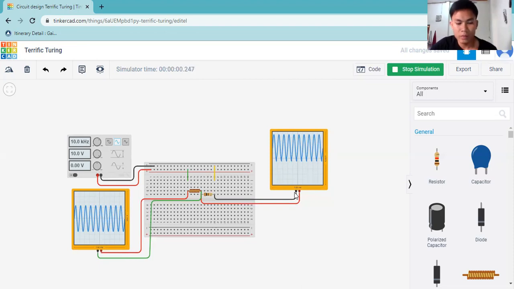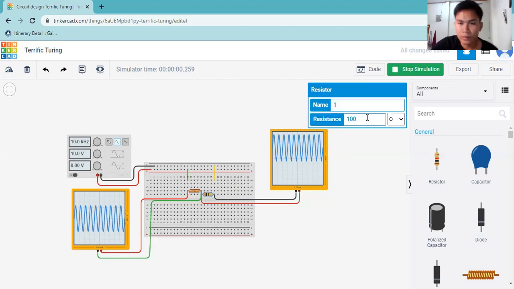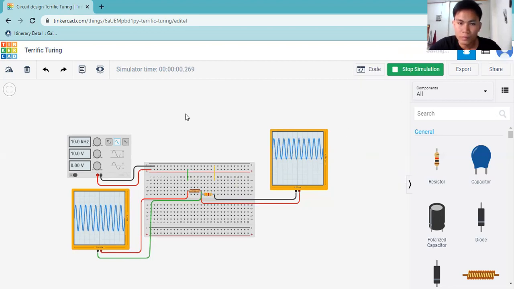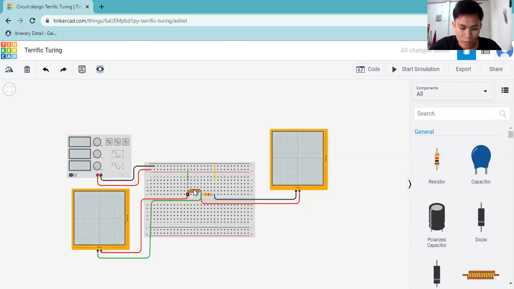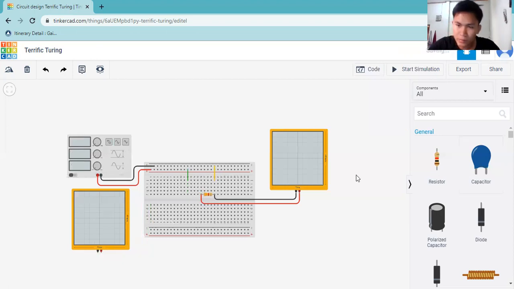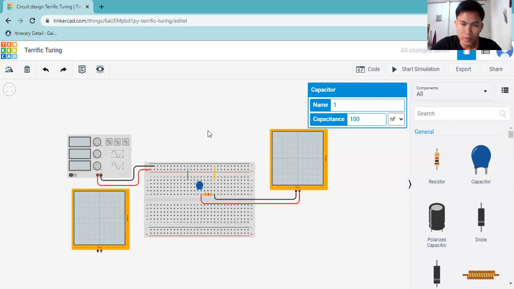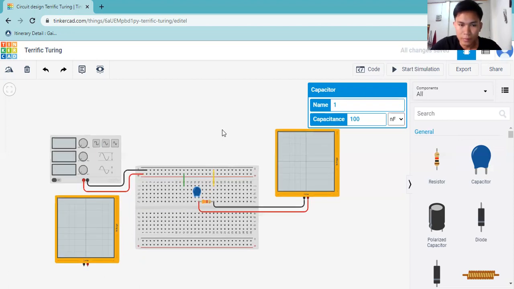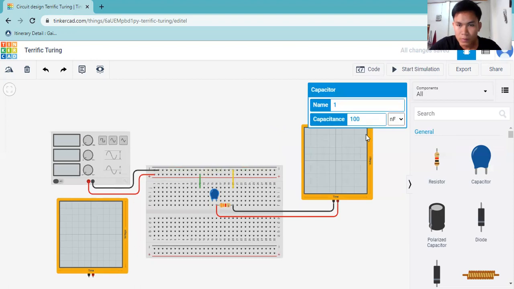In part 3, we need a resistor, which we set to 3.3 ohm. And we replace the inductor with a capacitor. They are connected in series. Its value is set to